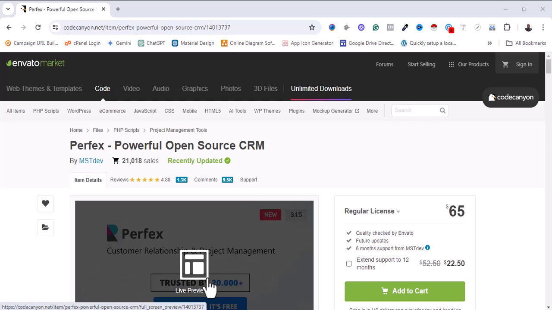All right. So what this software really does is it helps a company or freelancer to manage their day-to-day tasks. It makes you look professional for your customers. If you're a freelancer or company, using this software is going to make you look professional instead of managing your customers manually. This software will help you solve all your daily tasks with many features like